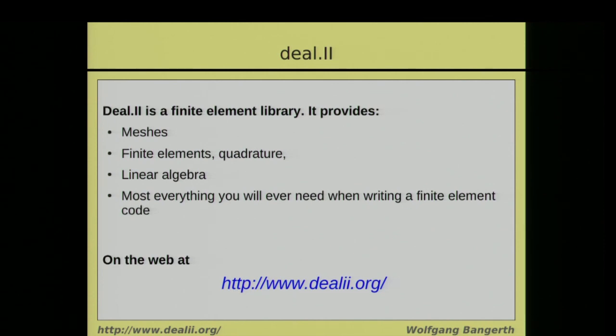And then deal.II also offers you a huge collection of tools. Let's say you need all sorts of things that help you with this and that typically happens in a finite element code. And I will give you a very brief overview of the sort of things that deal.II offers in all of these regards. So if you want to download it, or if you want to look at it online,